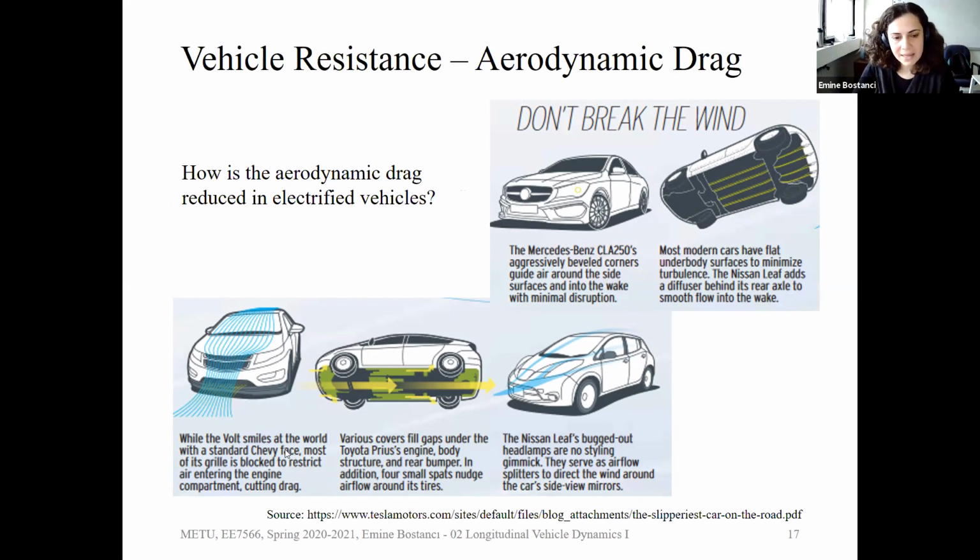And here it says that most of the grills, where the air has to go in for the cooling, is closed so that the air is going to flow upwards. It says that from the outside, it looks like a regular car, but there won't be much ventilation or much air going in, just a little here. And in the Toyota Prius, they fill the gaps at the bottom so that it will have a smooth